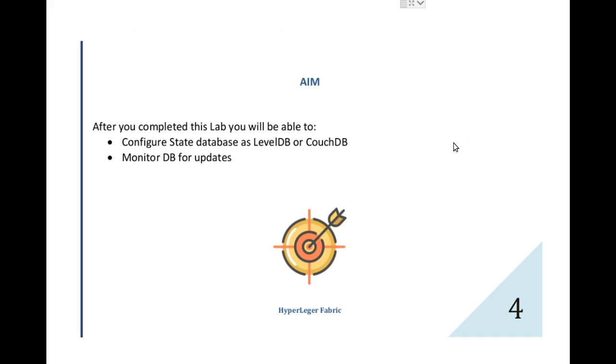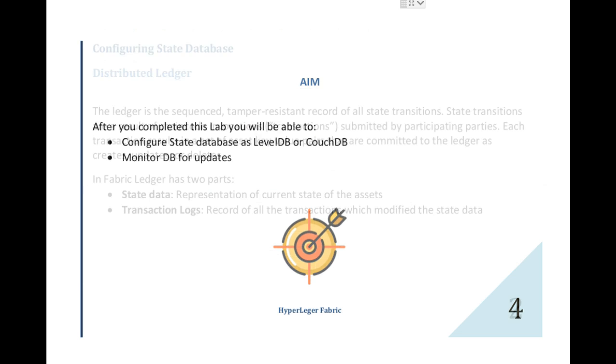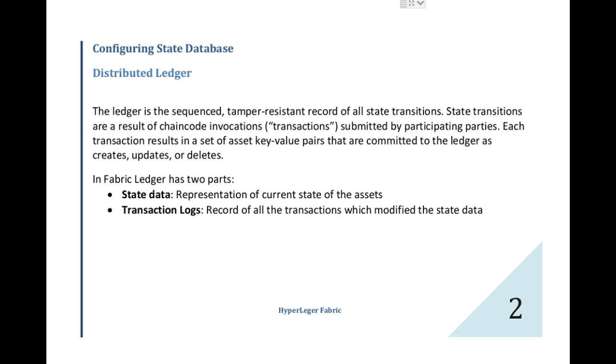In this lab, we are going to see how to configure state database as LevelDB or CouchDB with Hyperledger Fabric. We are also going to see how to monitor DB for updates. So before going to the lab, let's have a look at what is state database and how it is used